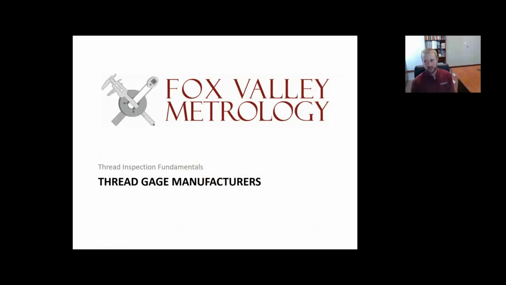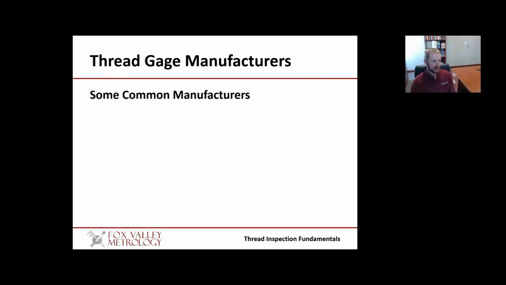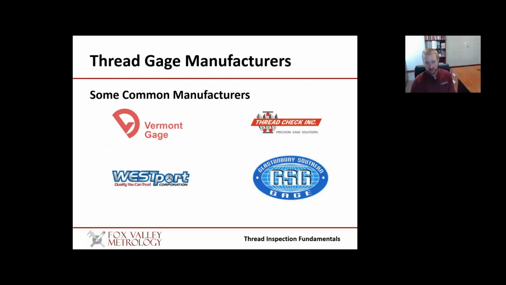So now that you know pretty much everything you need to know about inspecting threads on the shop floor utilizing thread gauging, where would you actually go about getting them? Well, there's a lot of different manufacturers that exist in this world, but some of the more common ones in the industry that we see: Vermont Gage, Thread Check, Westport, Glastonbury, Southern. All of these guys are excellent